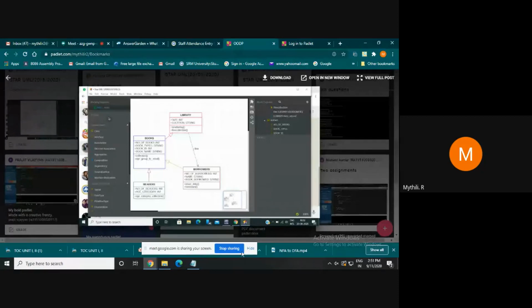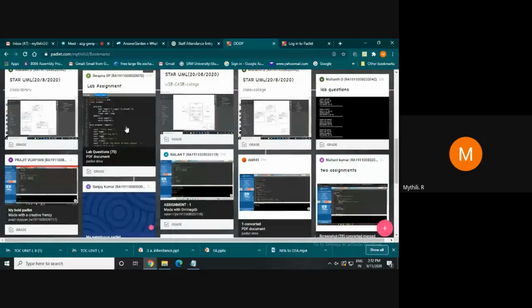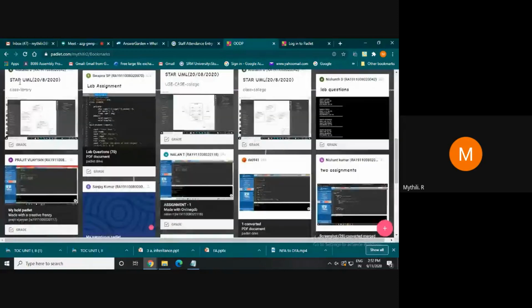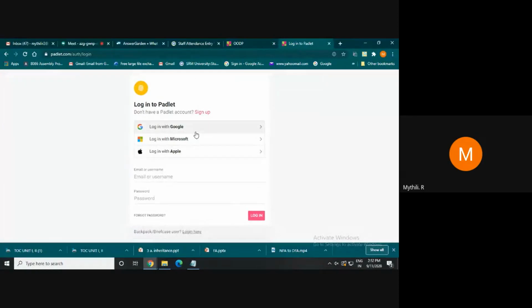The students shared their screenshots from the tool StarUML, wherein they draw the diagrams. In that way we can exchange ideas, which is useful for slow learners, and even the average or very intelligent students can collaborate their work with each other. I think everybody would know Padlet.